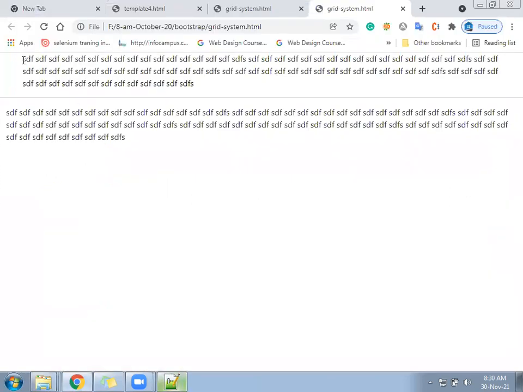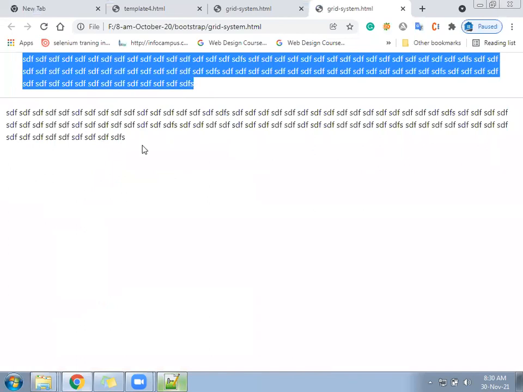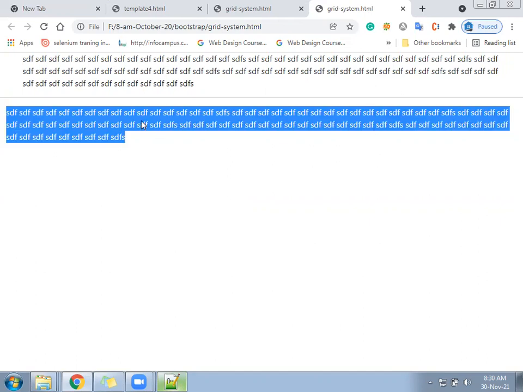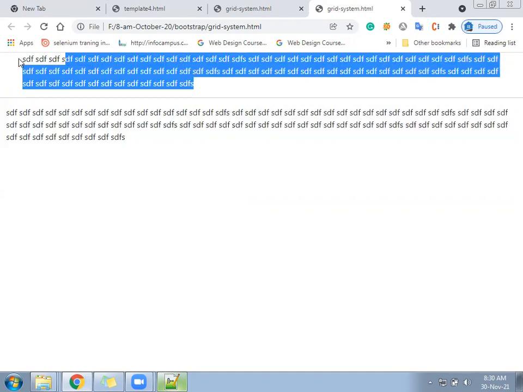Can you see, the upper portion is container and the bottom section is container fluid. So there is a little gap on the left side. That is because of the body. Inside the body there is an 8 pixel gap. But container fluid is going to cover the full width and container is not going to cover the full width, 90% somewhere you can say. It will leave some space from left, some space from right. That's called margin.